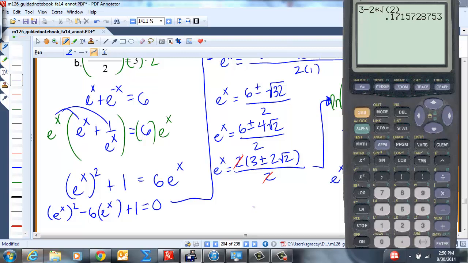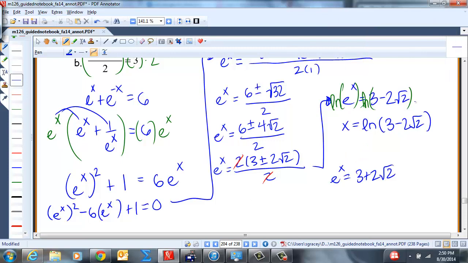So that answer is fine. And then doing a similar thing over here, actually, sorry, I'll just do it up here. Natural log of e to the x is equal to natural log of that side. So this is just x equals natural log of 3 plus 2 times root 2. So those are the exact results. The approximate results will be